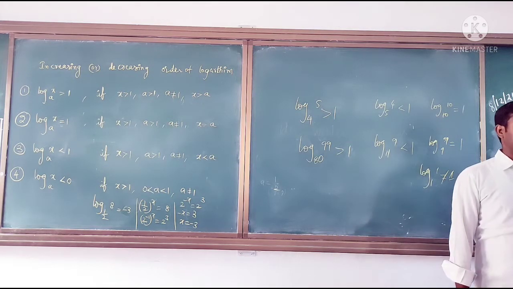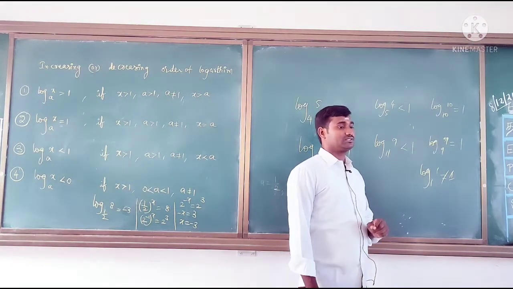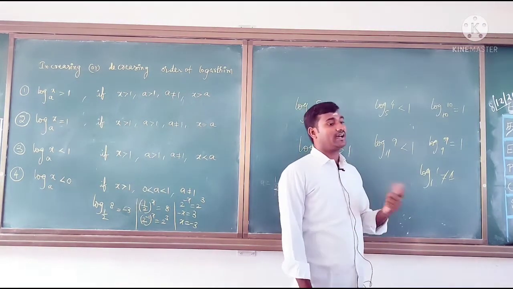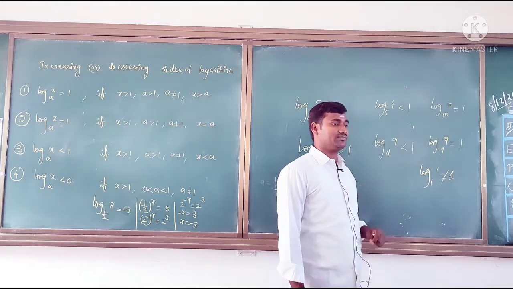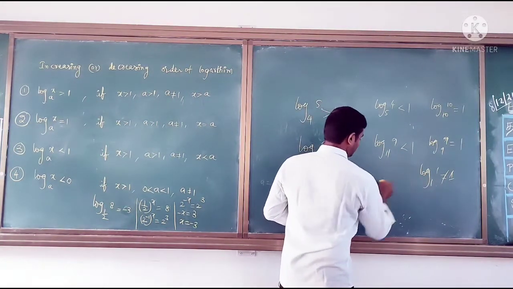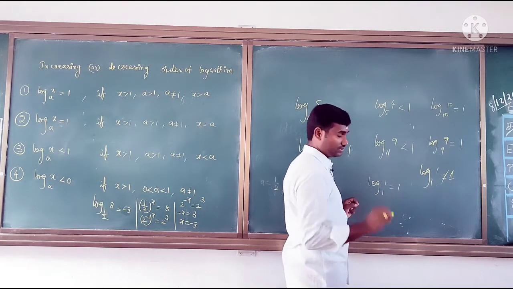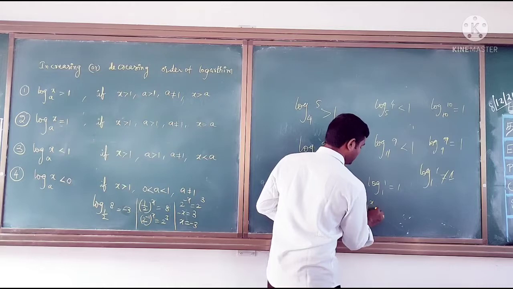See, that is not an irrational number. It may be, so we cannot define that number. So how can we say it is irrational or rational? That number only we cannot define. See, for example, if you consider log 1 to the base 1 is 1, suppose, then how can you write 1 power x is equal to 1?